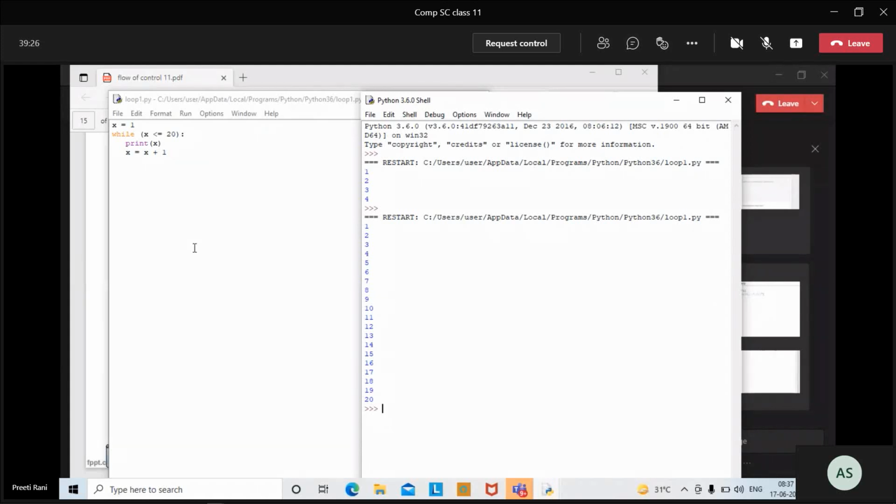Okay, one more thing. I have one doubt, children. I am printing the statement from 1 to 20 here. Can you help me: if I want to skip the counting with a gap of 2, it means I want it to first print 1, then 3, then 5, then 7, with a gap of 2 numbers. Think and tell me quickly. Ma'am, instead of plus 1, make it plus 2. x plus 2.